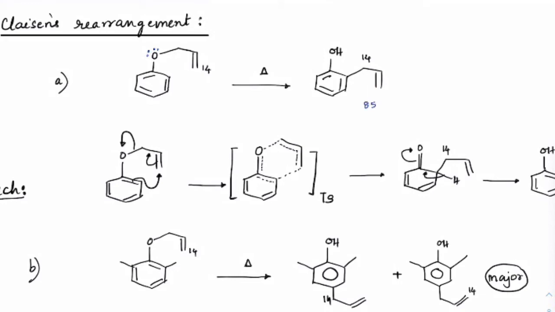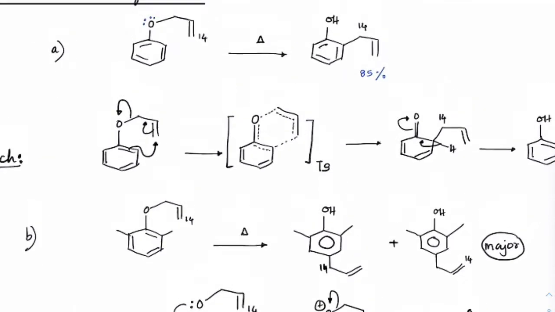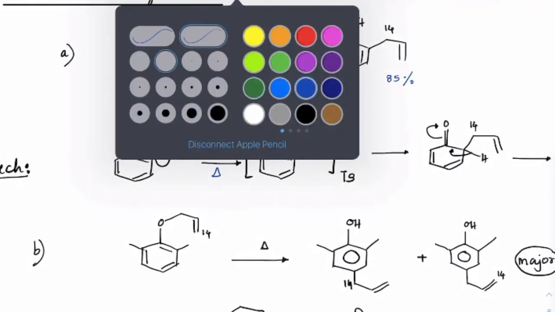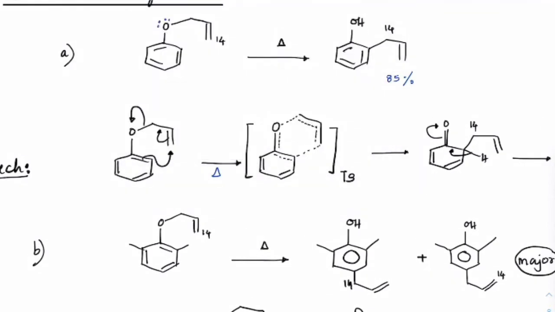85% of this case has been observed to be the ortho product. So ortho would come as the major product because this concerted rearrangement is more favorable than a complete carbocation formation. Once you get a complete carbocation formation, that might attack at the para position, but concerted steps will always give you major products. So you would see what the mechanism happening on heating is here, right? So first the pi bond which is present here is attacking on this carbon 14.